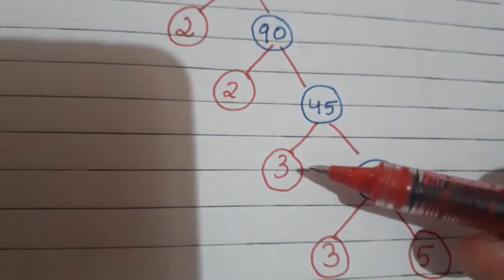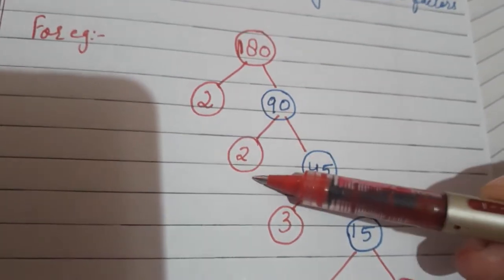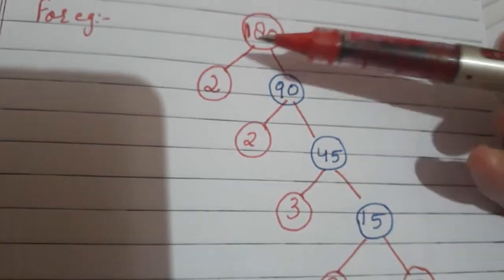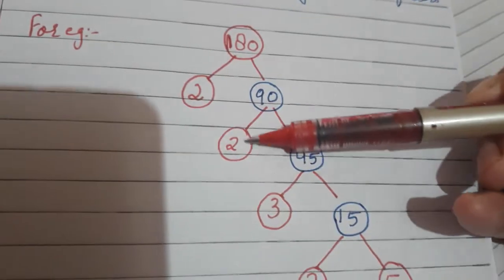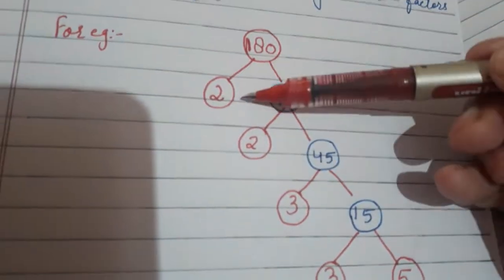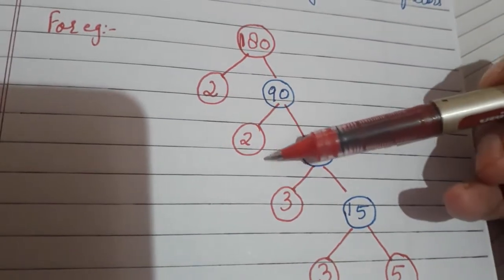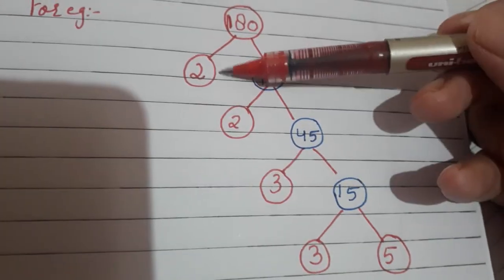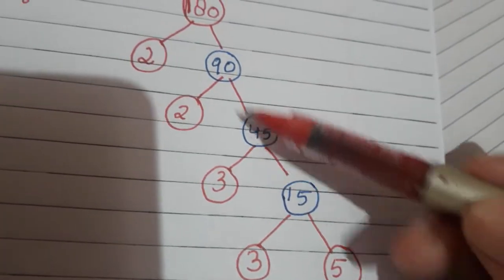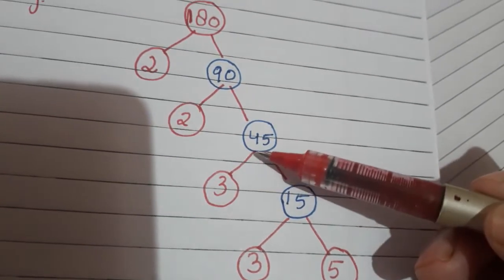You cannot divide first by 3 and then by 2 and then by 5. No, it has to go from smaller to bigger, that is, in ascending order. It has to go in ascending order, starting from the very smallest number, then increasing to the bigger ones. All right, so 90 was divisible by 2.